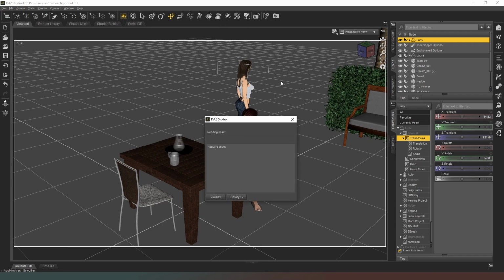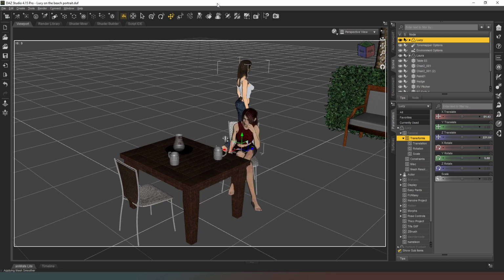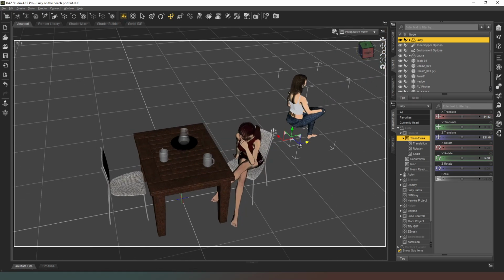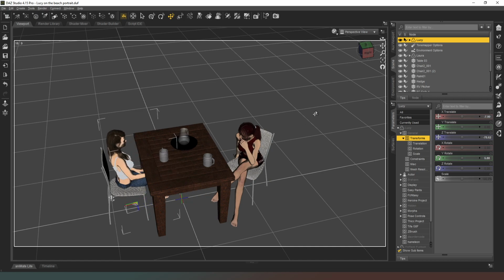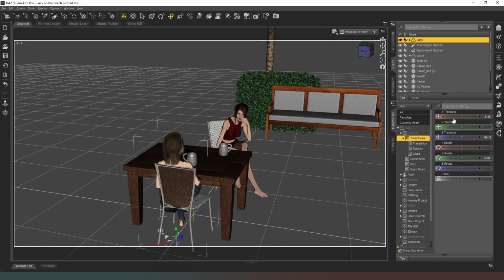This one will do. Give it a moment to flick through there. It's just going to have a bit of a hissy fit because every version of DAZ Studio that comes out is worse and worse optimized. It takes longer and longer to load things. It's quite annoying. Okay, so now we're going to rotate Lucy a bit so that she looks like she's actually